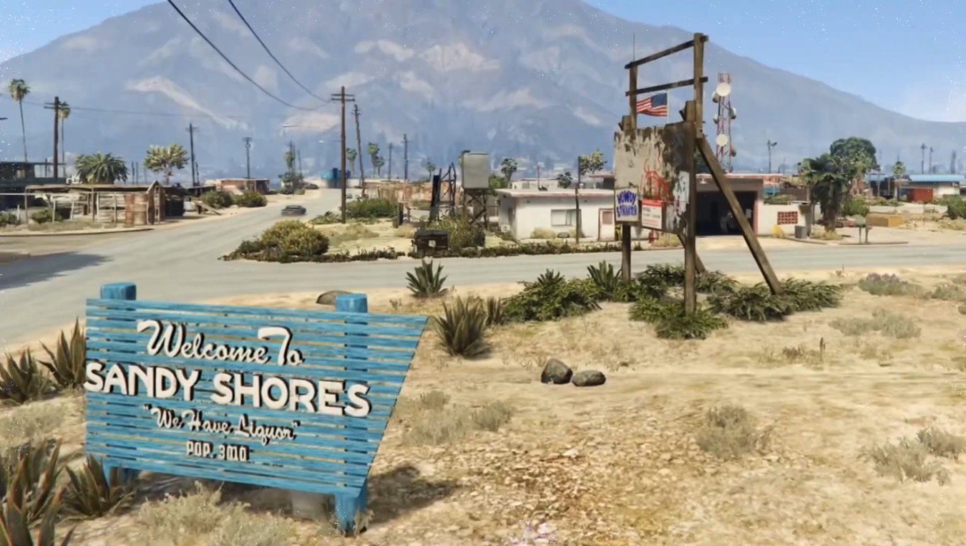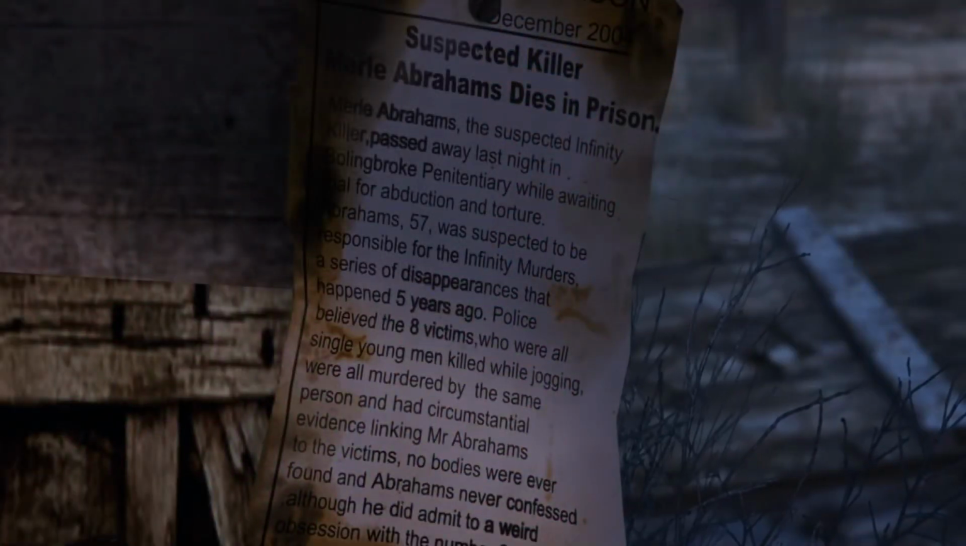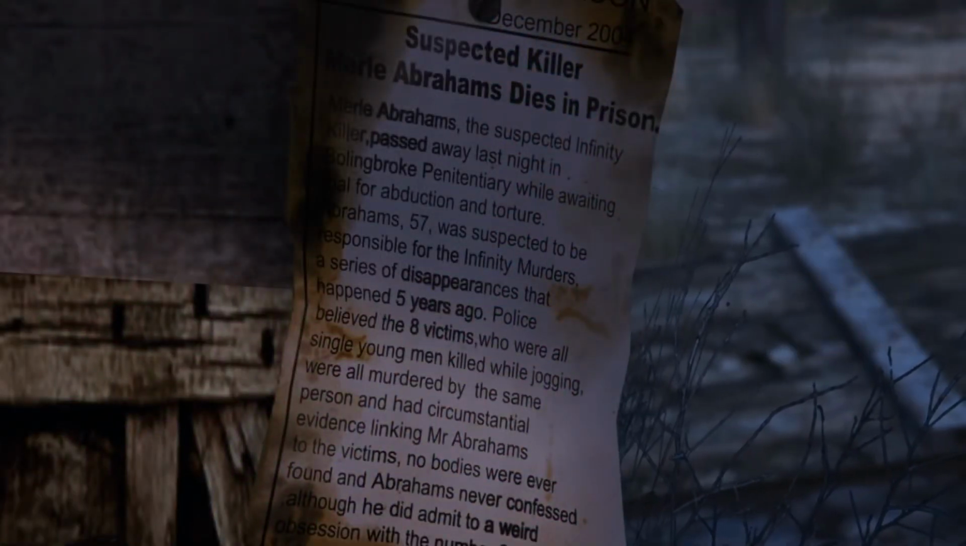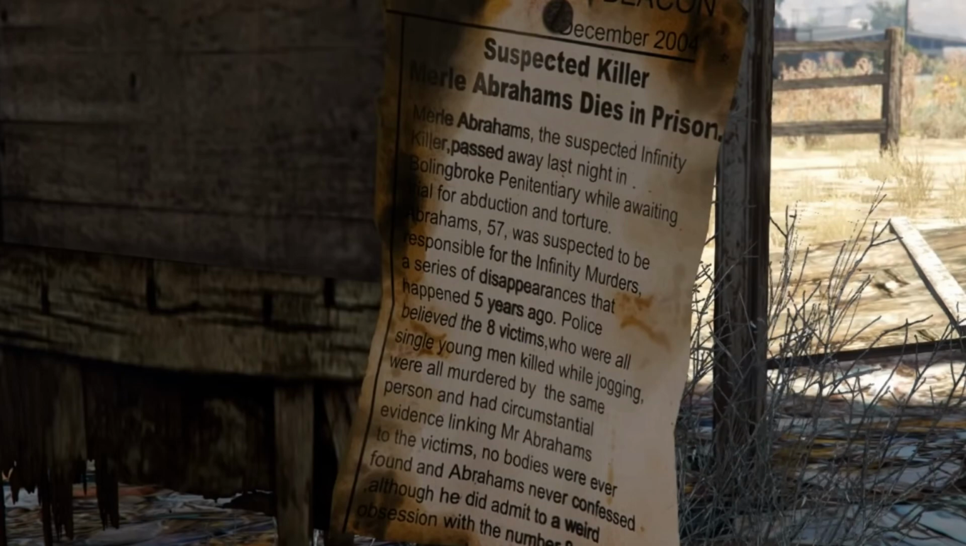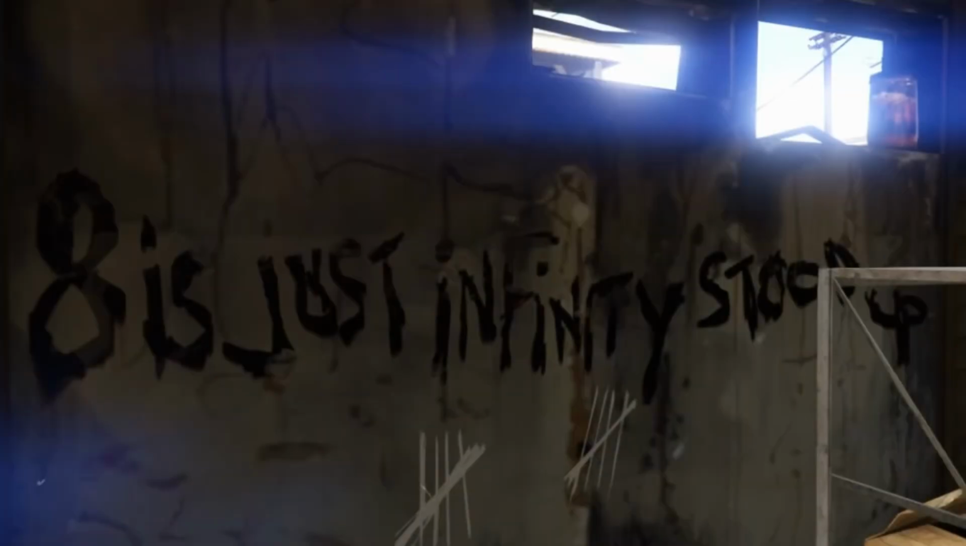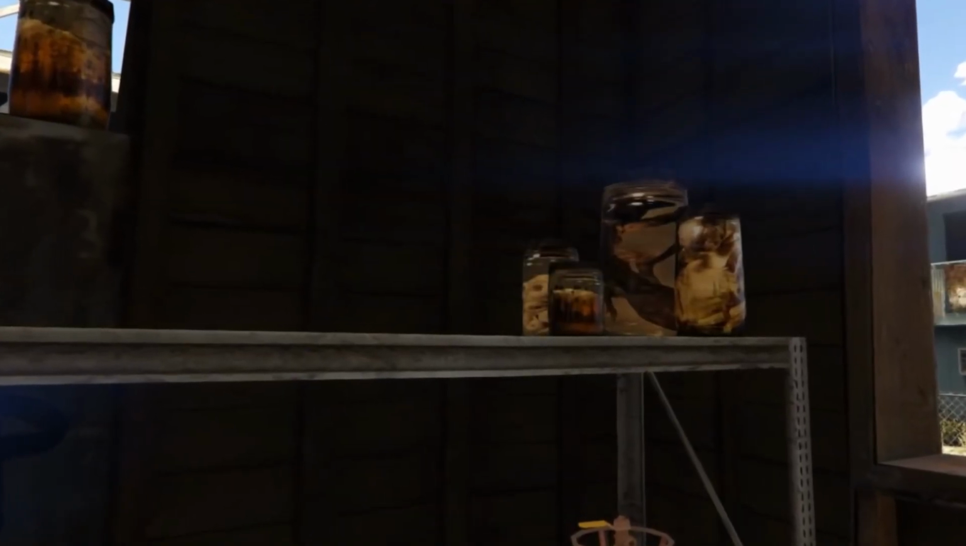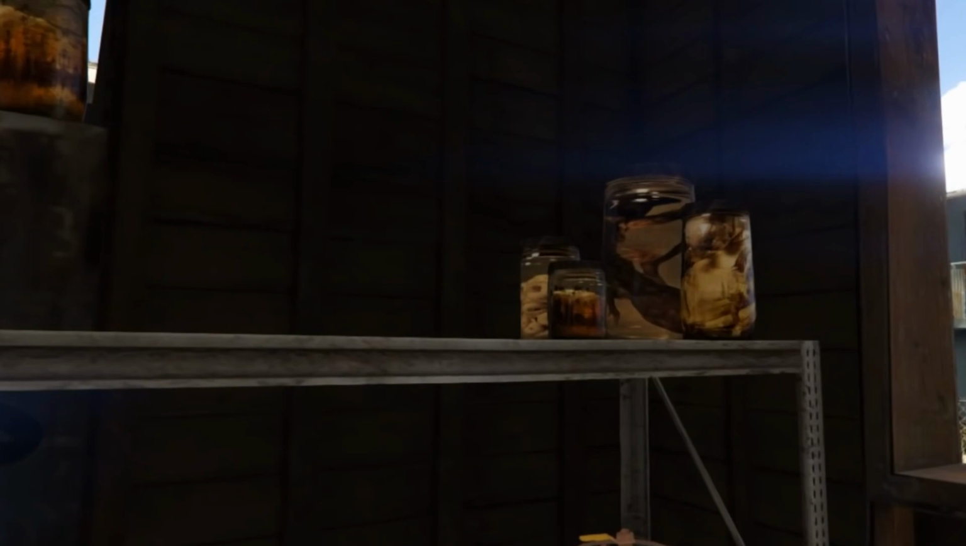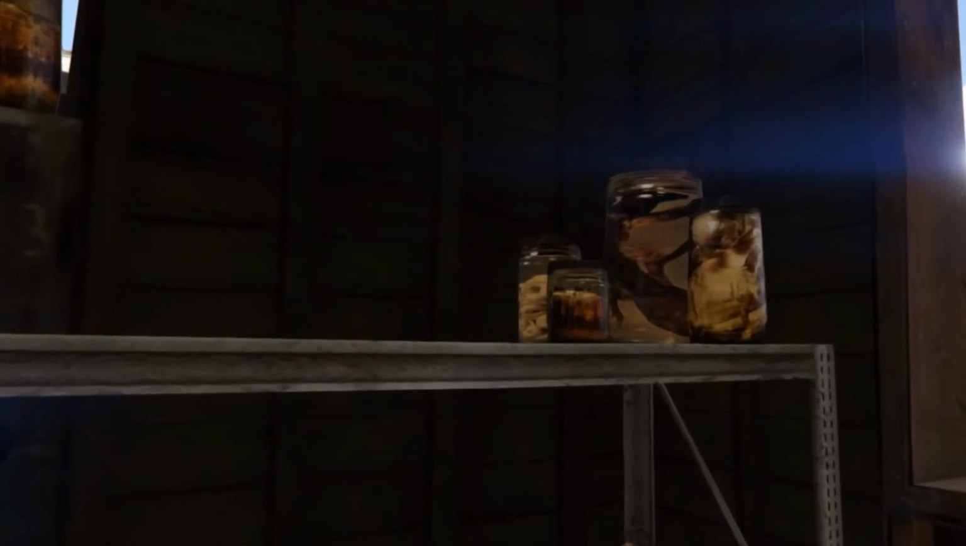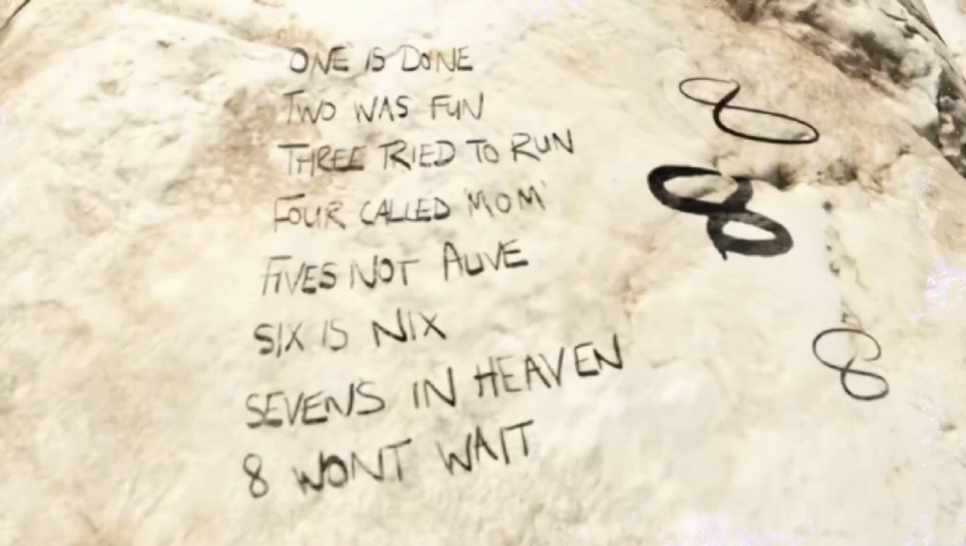He never confessed to his crime, but he admitted he was obsessed with the number 8. The bodies of the victims were never found. Clues about Abraham's murders are scattered throughout San Andreas, often written on walls. His abandoned house is filled with cryptic messages emphasizing the number 8. Nearby, a rock features a disturbing nursery rhyme, and the prison has enigmatic messages hinting at a victim's burial site